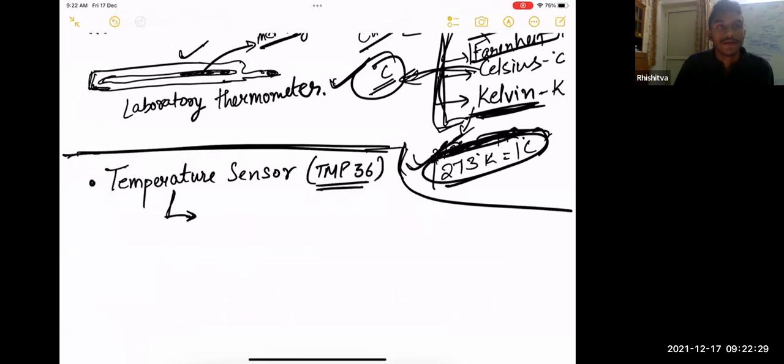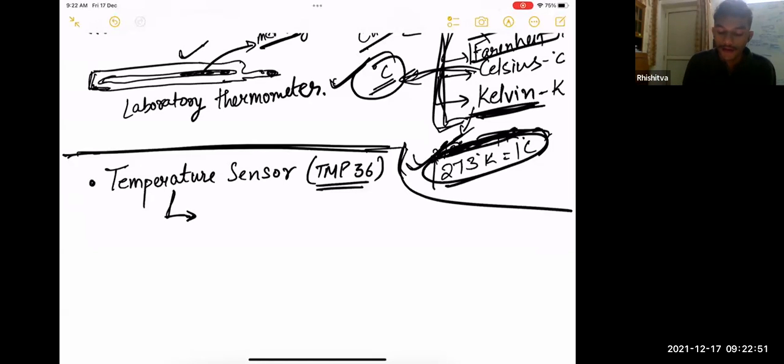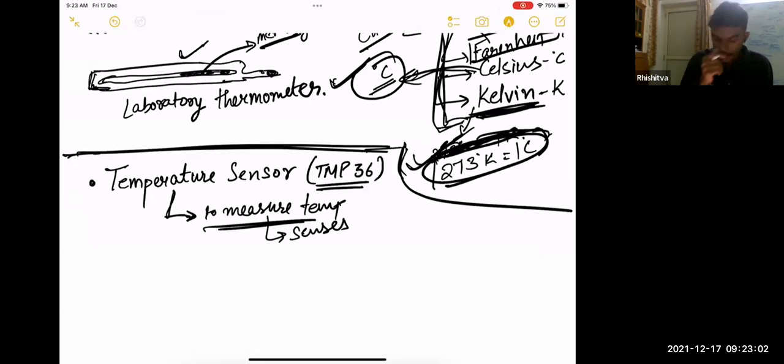Okay, Siddhi is there. Yes, Siddhi. Hello, sir. Yes, you are audible. Yes, sir. A temperature sensor measures the degree of hotness or coolness of an object. It converts it into a readable unit. And in our daily lives, we use temperature sensors in refrigerators, thermometers, etc. Great, Siddhi. She said totally right. So to measure temperature, it actually senses. That is why it is a sensor. So it measures temperature. It is not that it will measure only the hot temperature. It can measure cool temperature also.